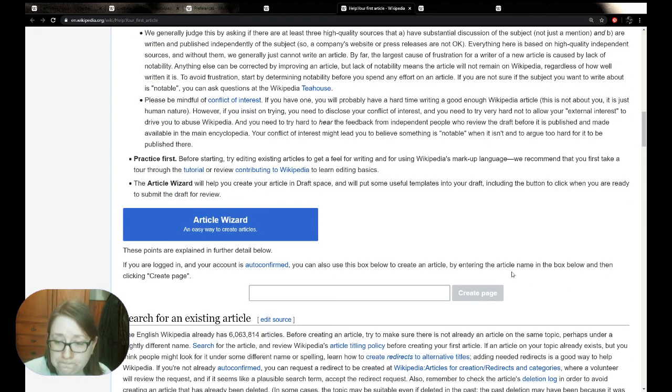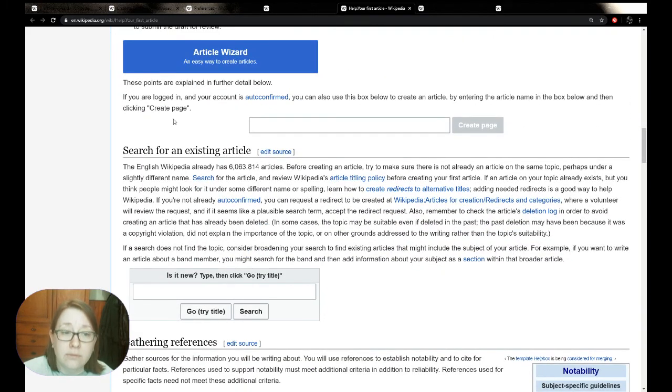You can see there's also the create page button here, which, again, is going to create a user space page for you, like the one that I was just showing you for Olive Wilson. Again, it prompts you to make sure that it definitely does not exist. I mean, there are over 6 million articles on English language Wikipedia now, so there is a chance that it's just under something that